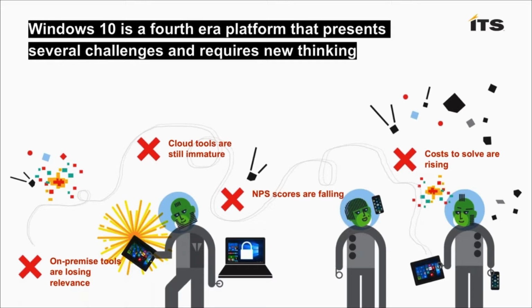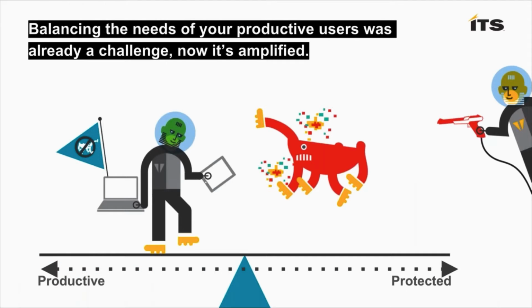And when we put all that together, the cost to solve this challenge is rising. And then you got to pepper in the daily evolving threats that we're facing with breach prevention or threat protection at the endpoint. And what we're seeing is systems management teams and config managers are stretched to the breaking point. And when we look at this through our lens, we believe we're here to help you balance the need to drive end user productivity while also keeping those people safe. And that balance was already hard, but with the introduction of Windows 10, that challenge has been amplified.